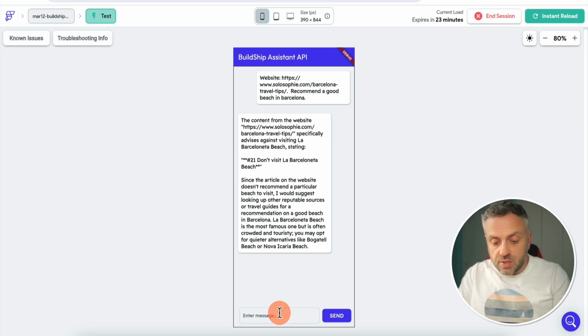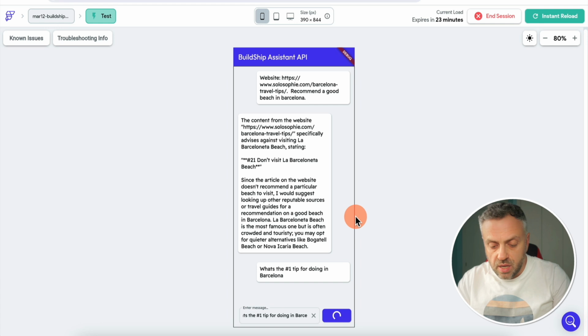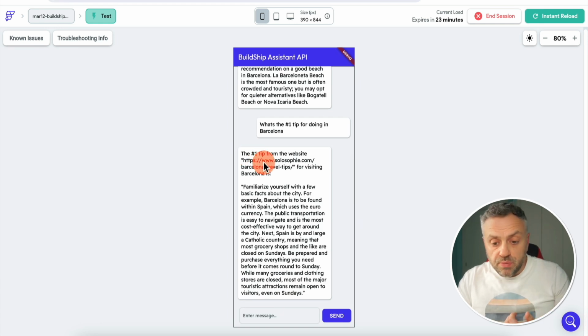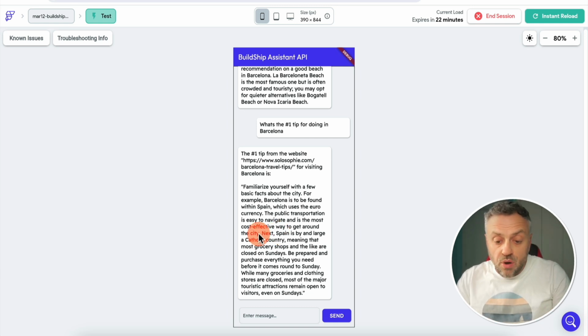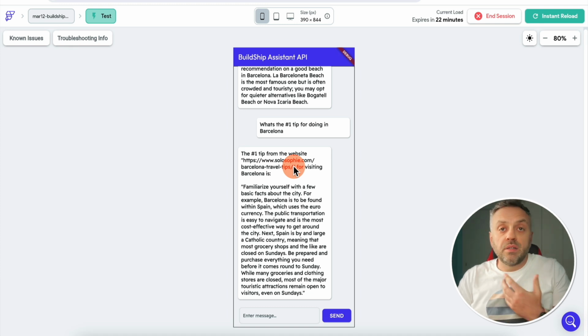Okay, so we can ask it something else. What's the number one tip doing in Barcelona? Something like this, hit send, and there it is. The number one tip from the website for visiting Barcelona is familiarize yourself with a few basic facts about the city, for example, etc., etc. And this was a very similar response to what we got when we used the other interface, namely the website chat widget. Now I can continue chatting, asking it different questions, but most importantly, I want to show you how I build this app